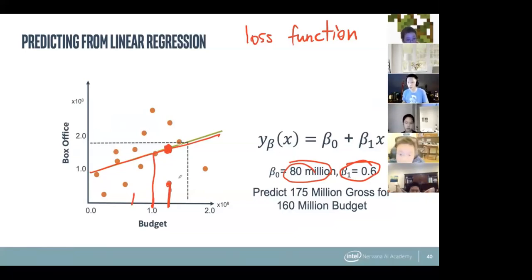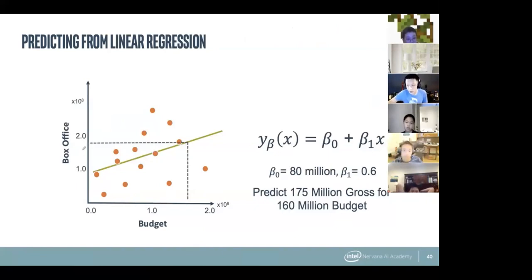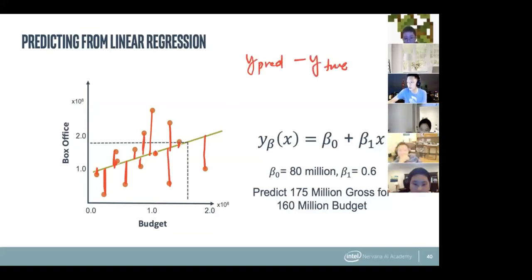So there are a series of residuals or errors that we can compute. Like this one was bad here, this one was really bad, this one is okay, this one is sort of bad, this one is pretty bad, this one is fine, this one's fine, this one's kind of bad, this one is really bad, this one is almost perfect, this one is bad, this one is almost perfect, this one is okay, this one is sort of bad. So you compute all these residuals. This is the difference between y predicted minus y true, or the other way around. It sort of depends on how you formulate it. So you have all of these errors, right?